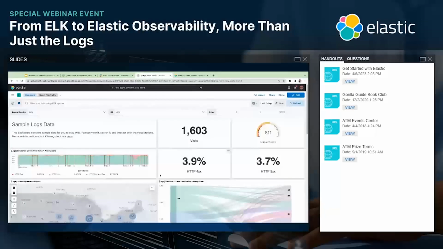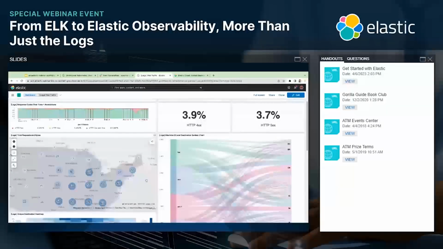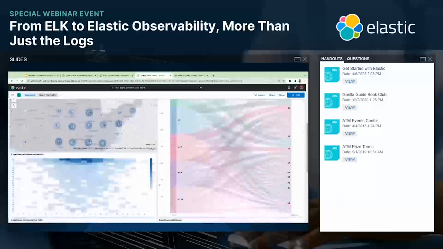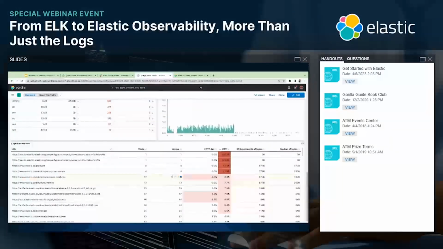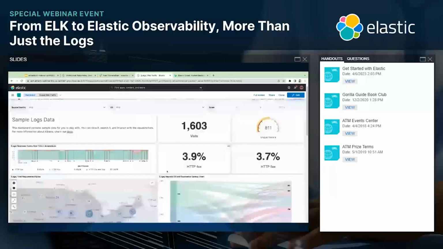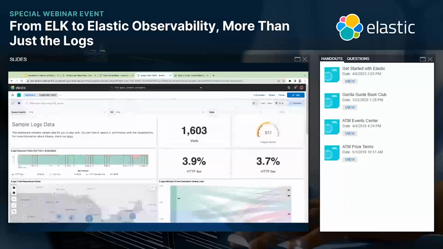Now you can see, just taking the web traffic log files, Elastic is able to plot the data on the map, show me the heat map, and also categorize error messages based on the severity. This is a shiny new toy that I would like all of you to get your hands on. So please feel free to go to elastic.co/cloud, sign up, load the sample data. You can also import your CSV data if you want, or build integrations to your external applications. So it's all yours. Have fun.